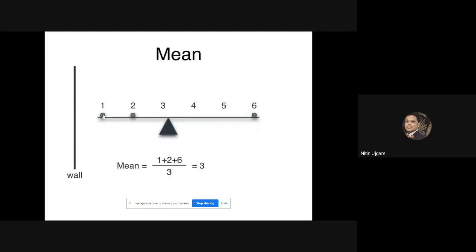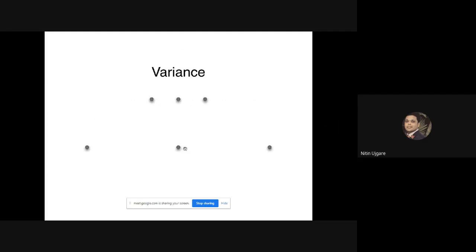This point is at the distance 3 from the mean, right? So for this set of examples, we can use the mean to describe this point. But naturally, when we come to these 2 different sets of points, I cannot use the mean concept because that does not help me to describe this point. So what will I use?